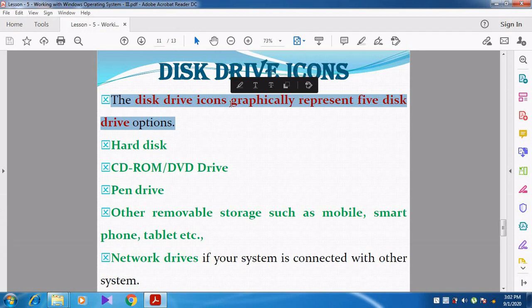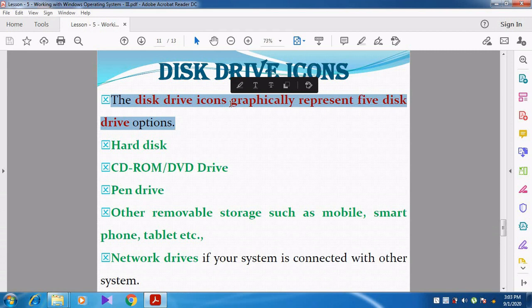If we connect a mobile phone, smartphone or external hard disk, that storage device is also shown in My Computer. And network drives: if your system is connected to a network that contains some hard disk, it will also be shown in My Computer.